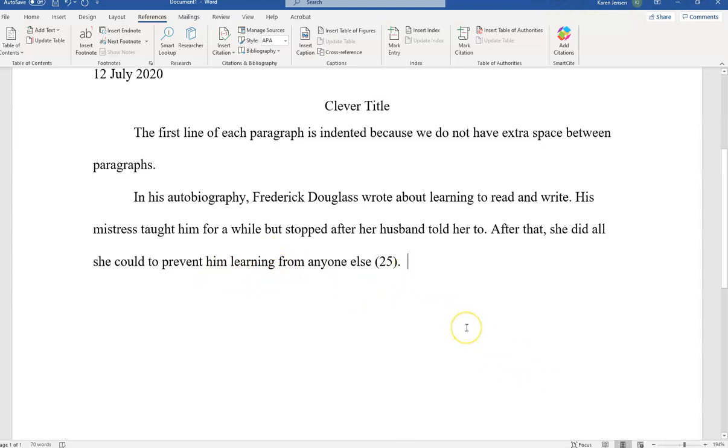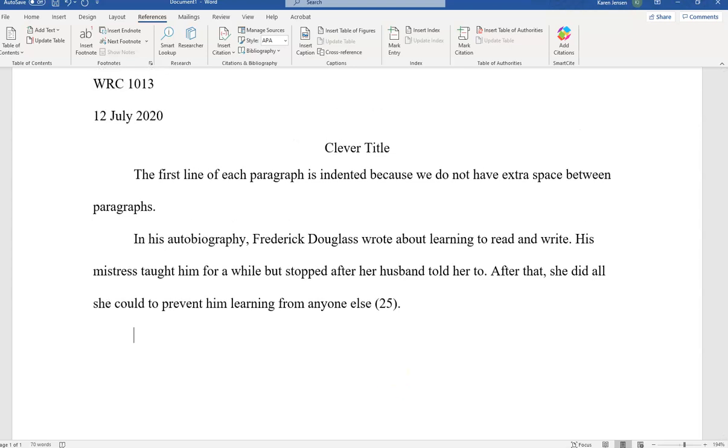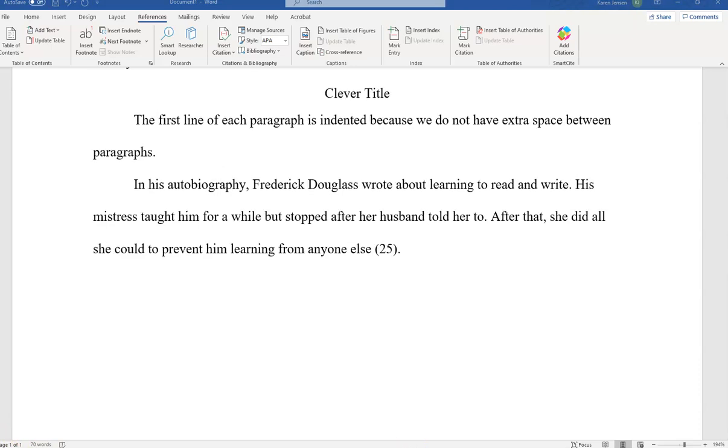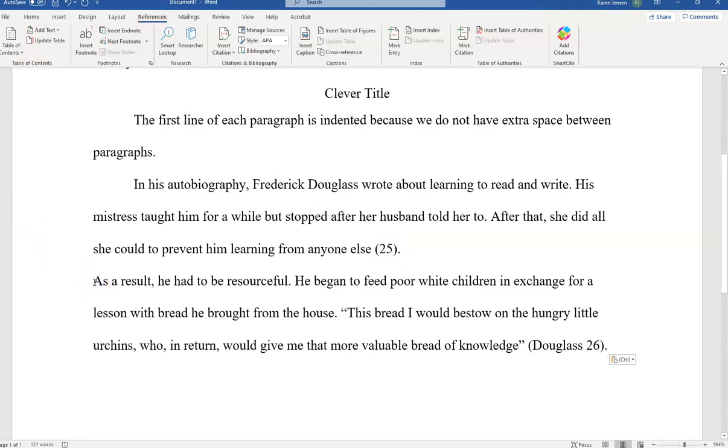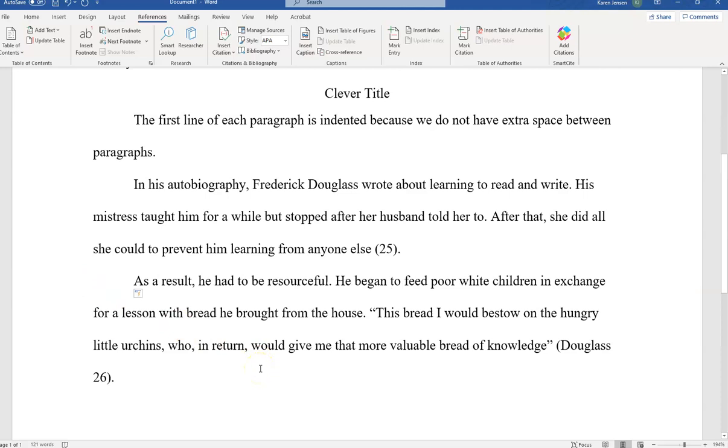If you weren't going to mention the author and you were just quoting something, let me pull up something to quote. If you're quoting someone, there are a few different kinds of rules, and let me copy and paste this in. You, of course, start with quotation. "This bread I would bestow on the hungry little urchins, who in return would give me that more valuable bread of knowledge." And then you would cite the author's last name, because in this, I did not mention the author. I just have "he." So, Douglass,